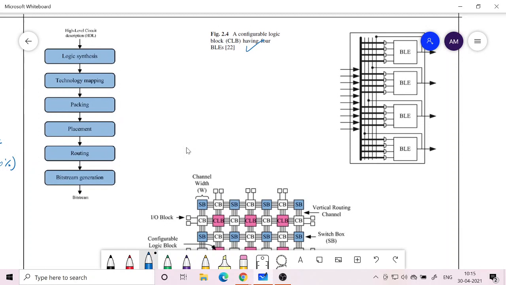Okay, and the output of a BLE can be brought in just like what we saw in the case of simple macro cells. I told you that there also the PAL or the simple PLD output can be taken back as input, so that we can incorporate more complicated functions that depend upon more minterms. Similarly here also, you can have more complex functions implemented if the output of one BLE is available at the input of the other BLEs.